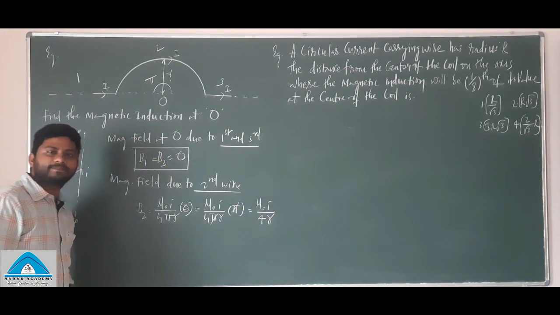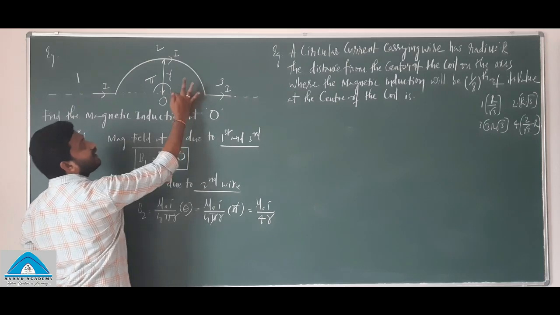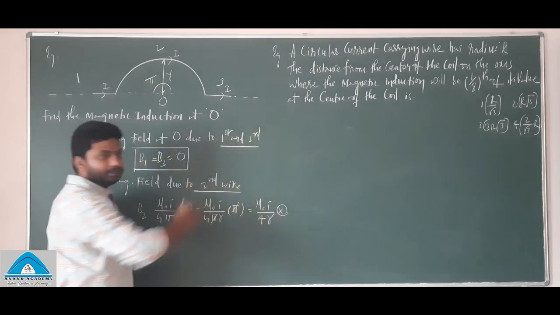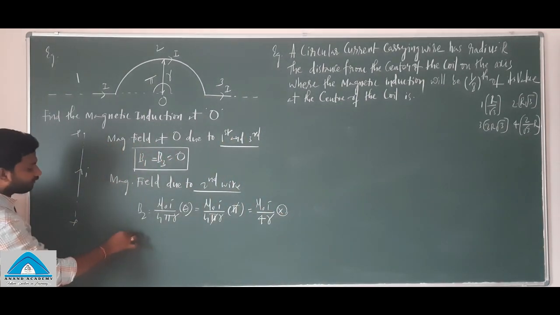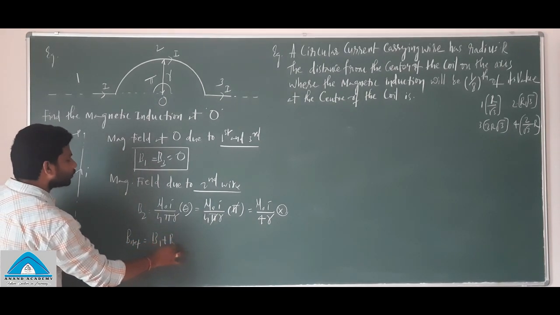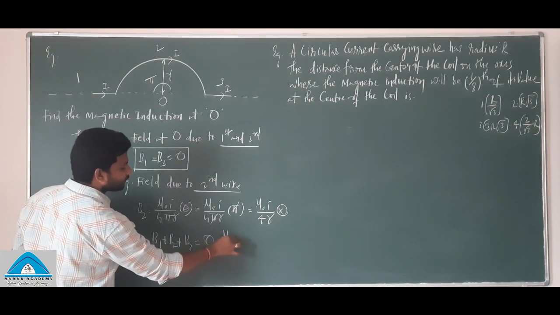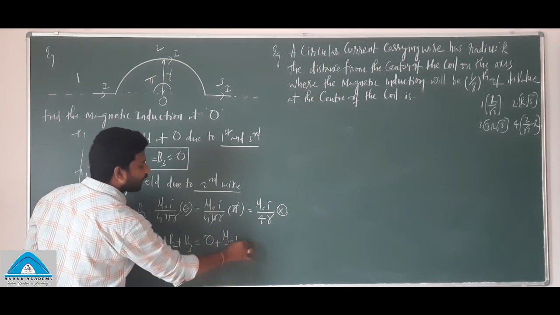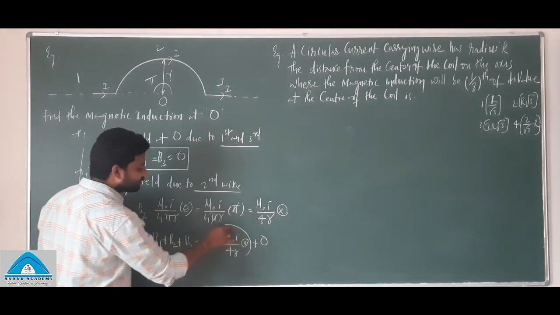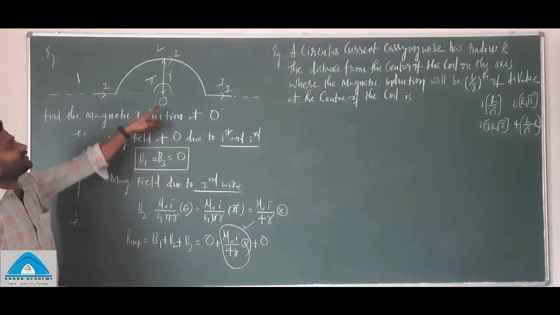What about its direction? Here the current is moving in this direction. Right side of this, the field lines are into the plane. You can use the right hand thumb rule. Field lines are into the plane. So the net magnetic field will be equal to B1 plus B2 plus B3, which is equal to 0 plus mu naught I by 4r into the plane plus 0. What is the answer? So the final answer is mu naught I by 4r. Understand? Where the final direction is into the plane.